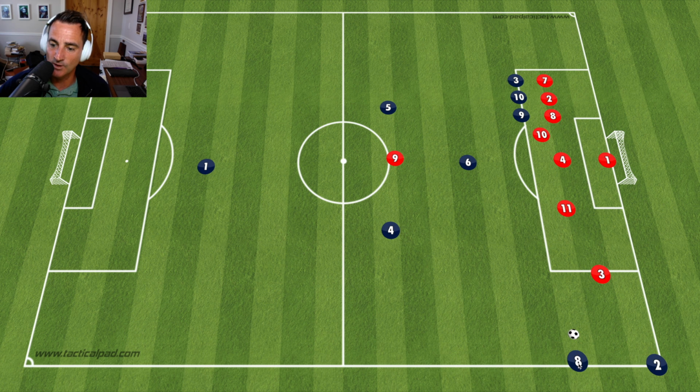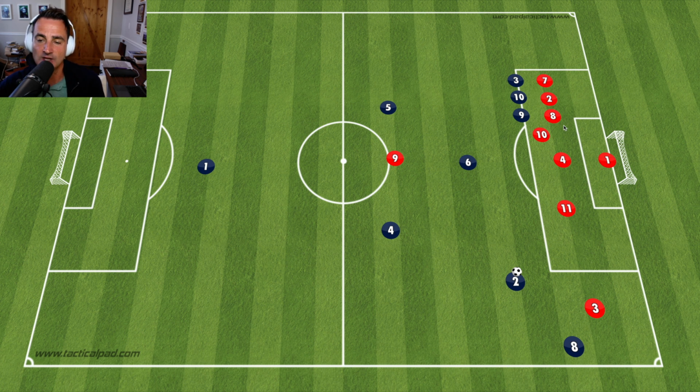So we're going to look to play a 2v1. Ball's going to come out here. The 2's going to run around this way. All right, and let's just say that the 3 closes the space off here and we get it in here, okay? And so now the 2 can take a shot, or he can cross the ball in